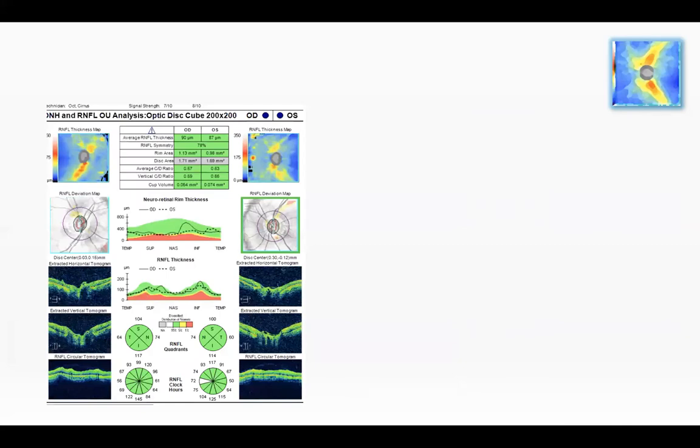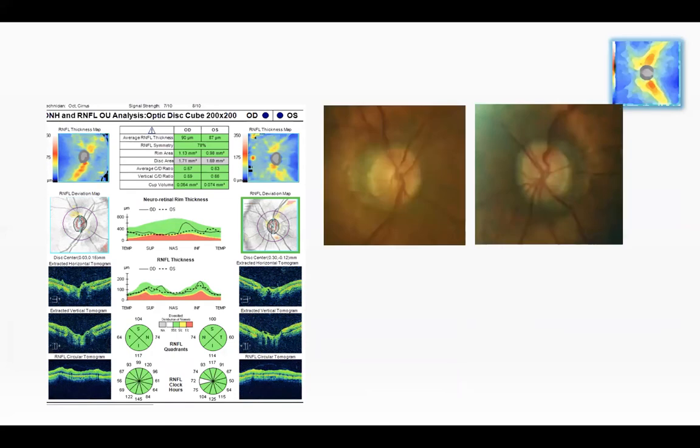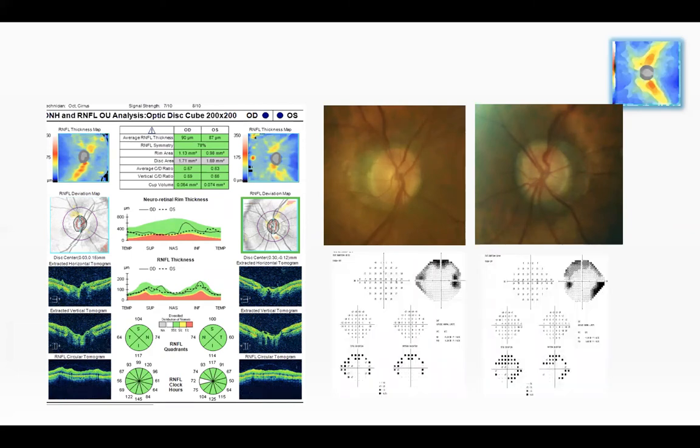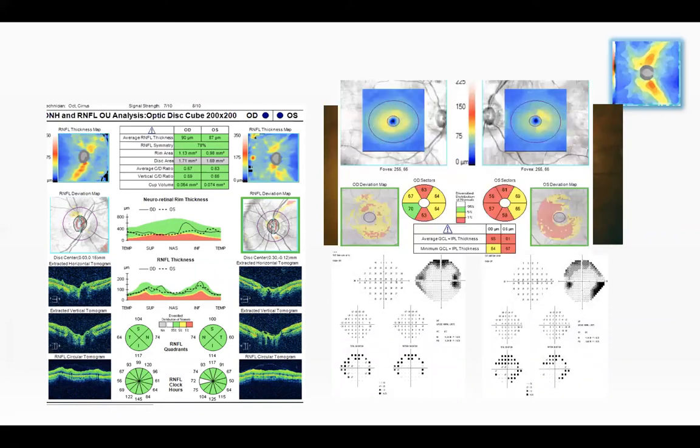Another patient, this is a glaucoma patient, but the RNFL thickness looks very good. But when you look closely at the tomograms and the discs, you see that especially on the left eye there is cupping. When you look at the visual fields, there is damage. When you look at the macula, there is damage. This is the green disease artifact. You see here, I don't know if you can see it completely, but there are vitreoretinal interactions causing the RNFL to